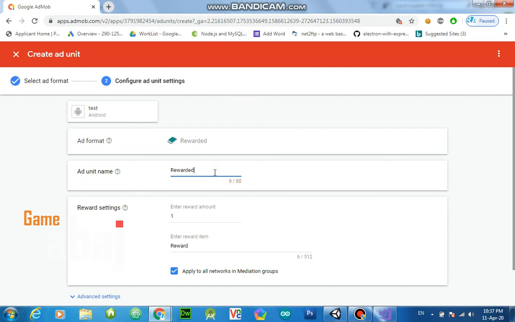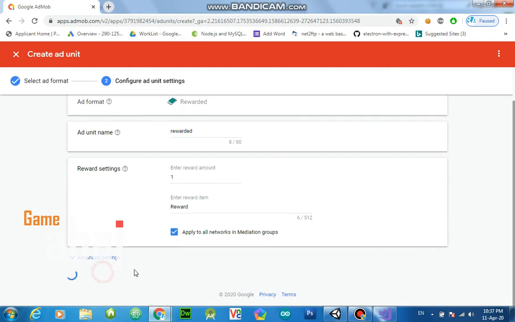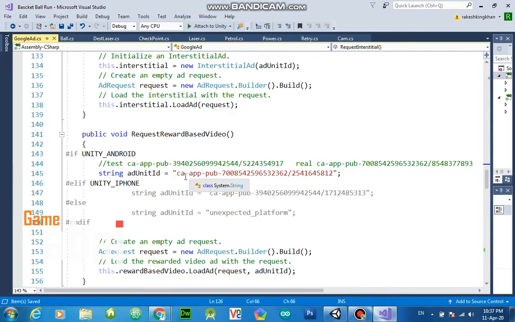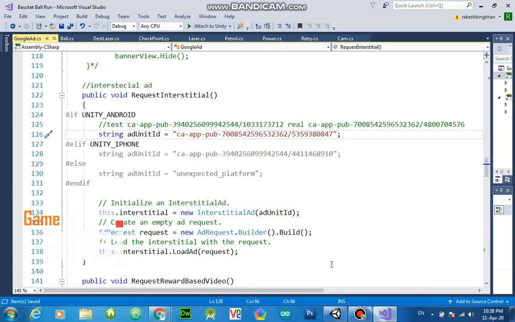I name it something small, and create, copy this ID, and paste it in here. So this will work fine.